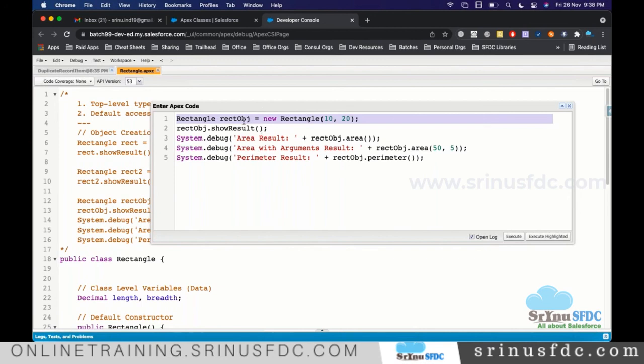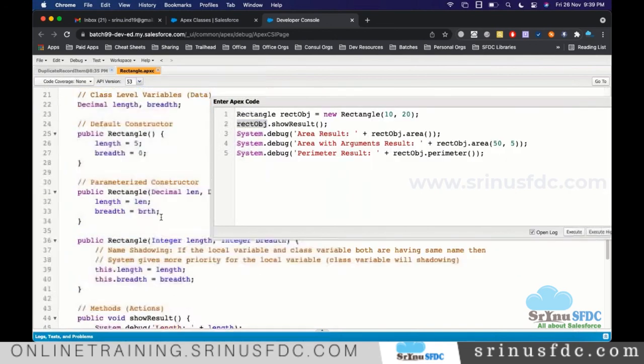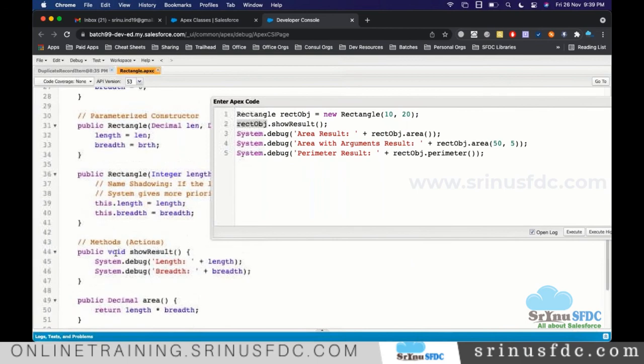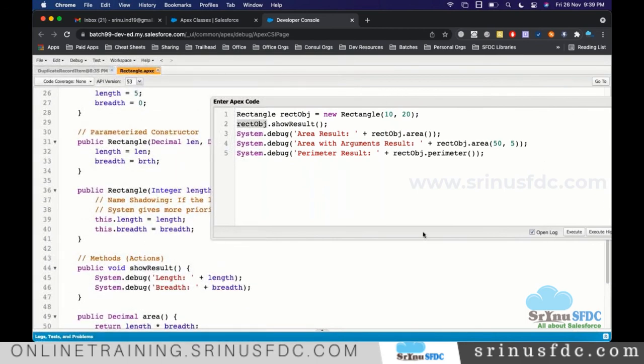The later things with that car, what you want to do. In that car, you apply the brake, you start the car, you stop the car. All those things. Based on the actions available, we apply those actions and we see the result based on that. Here, after creating the object, I'm just calling show result. So what it is doing is printing. When this code is executed, it generates a log, for us to understand how it is executed and all those things.